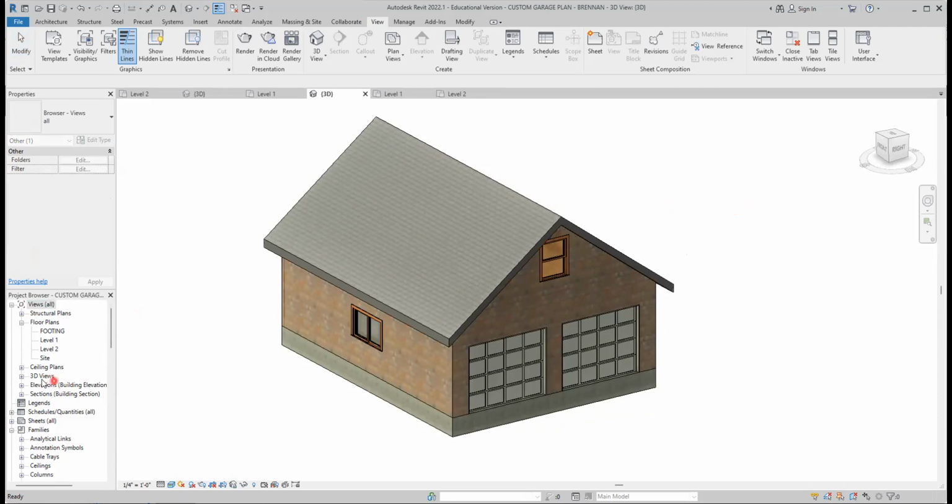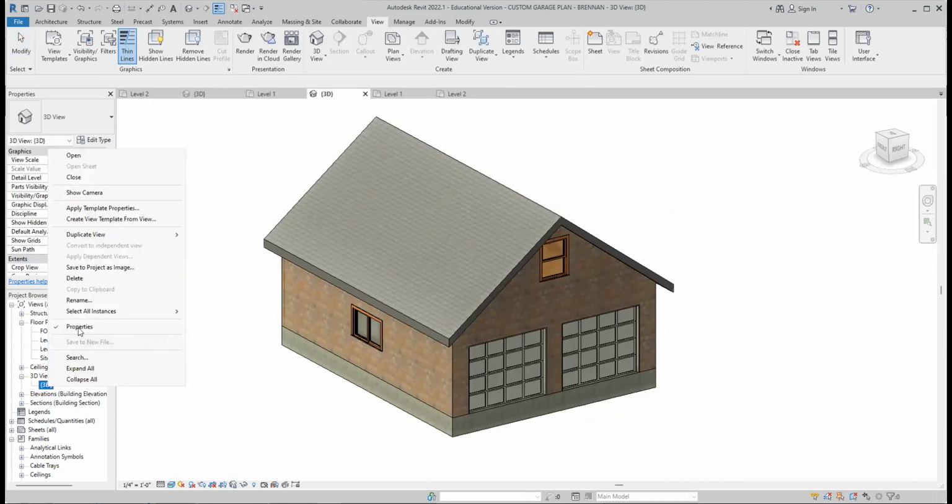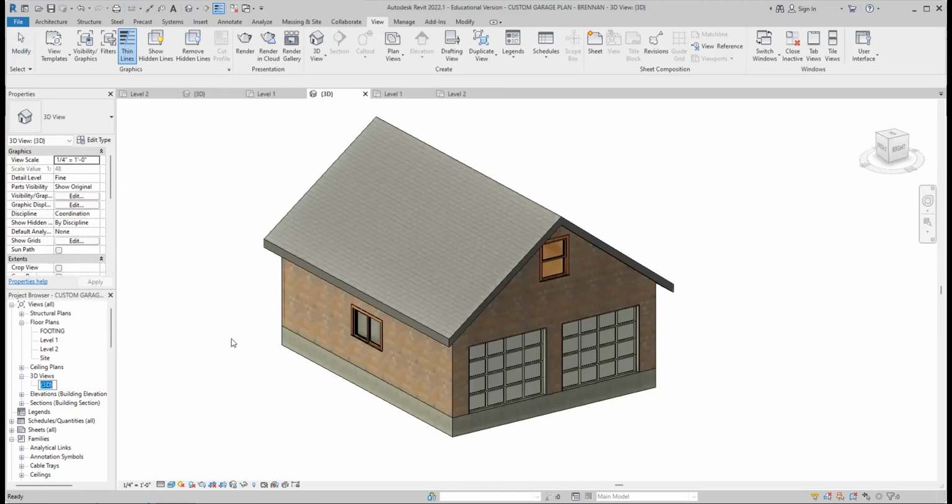All right, so I'm going to go here, and I got these 3D views. You see this where it says 3D views? Can you guys see that? Click the plus sign there. Can you see that, you guys? All right, we're going to change this name. We're going to click on this right here, and we're going to right click on it, and we're going to go to rename, and we're just going to call this